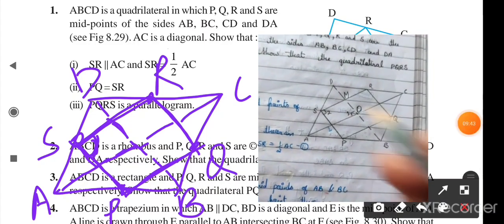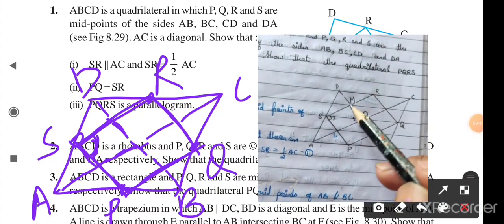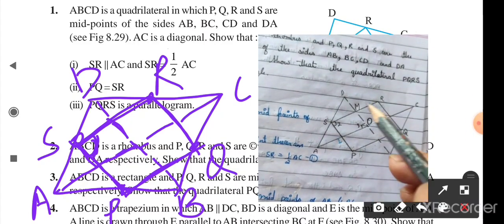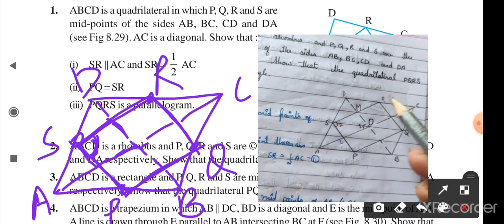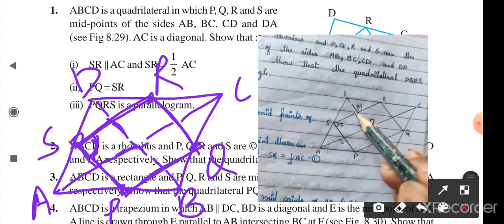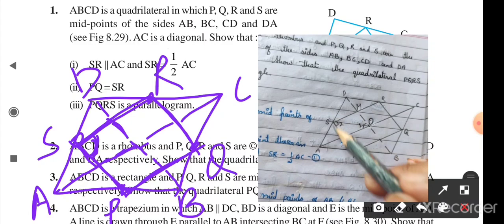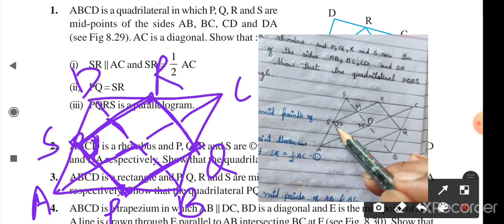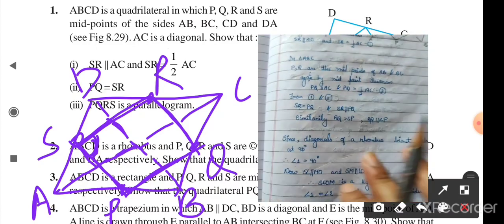You can see that this SL is parallel to MO because this whole line is parallel to this whole line. Therefore, SL is parallel to MO. Similarly, SR is parallel to AC, hence we can say that SM is parallel to this, hence it is already a parallelogram. And we know that opposite angles of a parallelogram are equal. If it is 90 degrees, then angle 2 will also be equal. We have written this in language form.